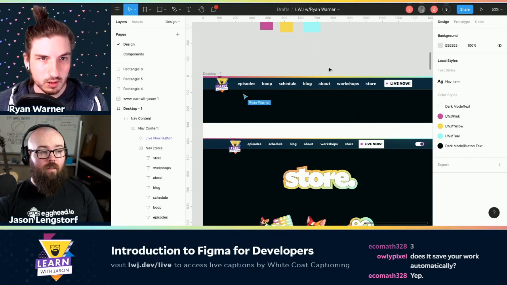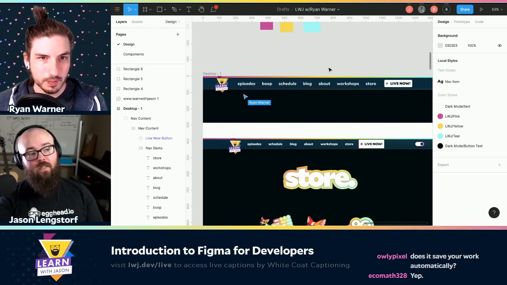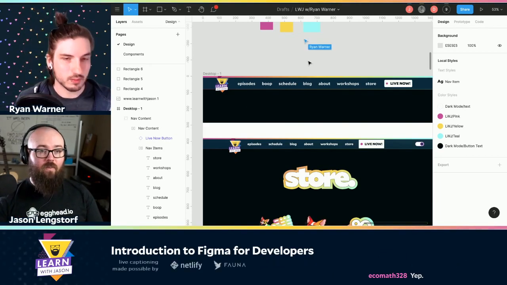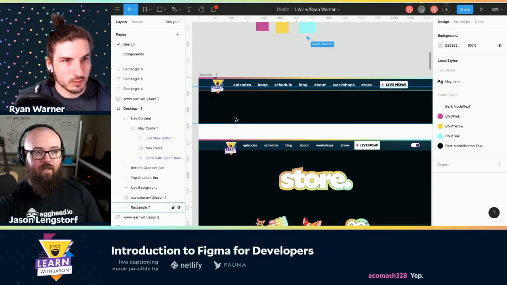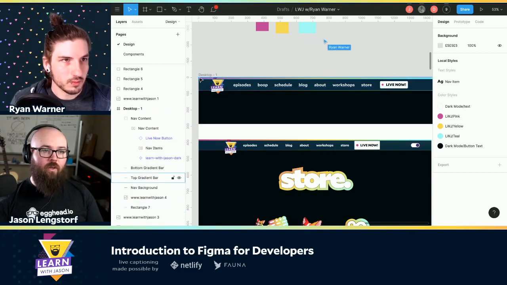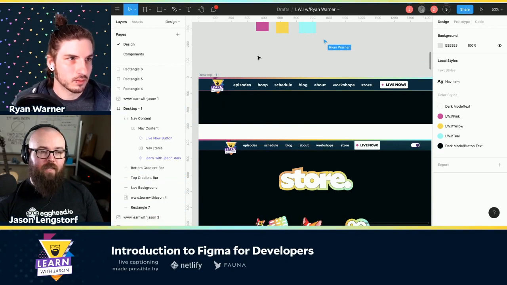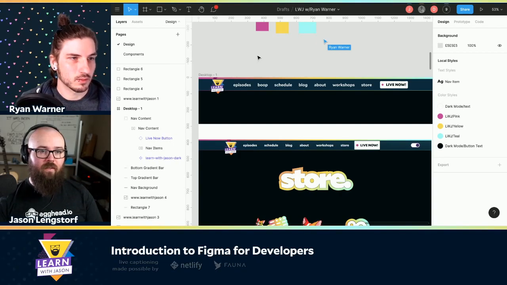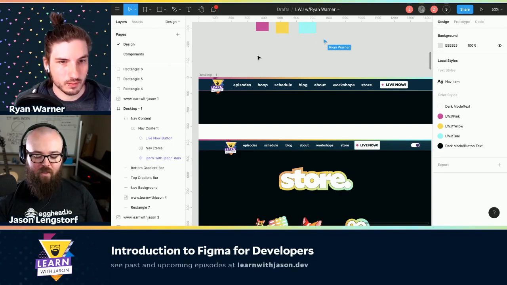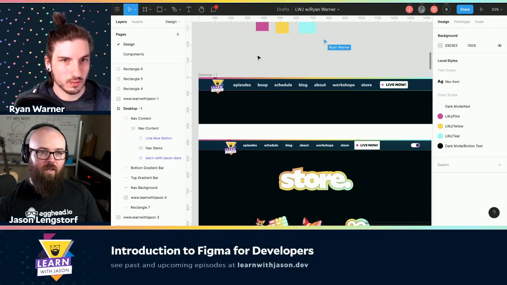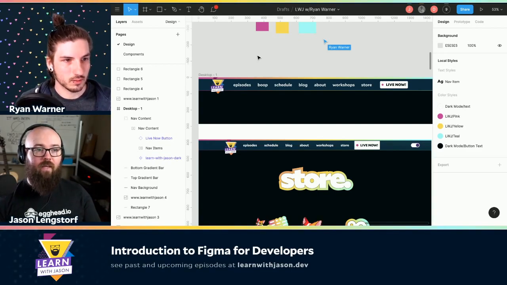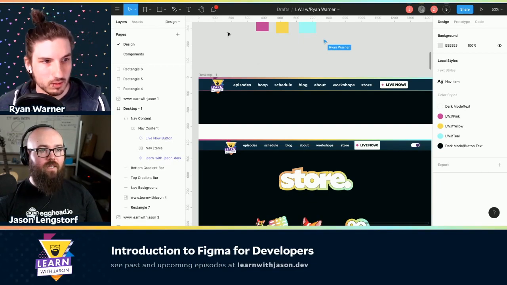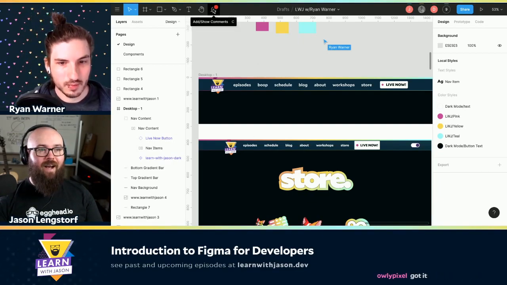Yeah. So Auto-save, yes, it does save your work automatically. That is one of the things that I like the most about it. I don't know if you were here when I accidentally navigated away from the page, but I was trying to draw a rectangle, and I swiped to go back to the previous page and broke everything. I thought I lost my work, but then I found that rectangle later because it had actually saved it before it navigated.